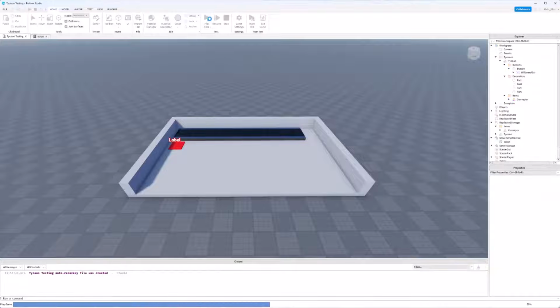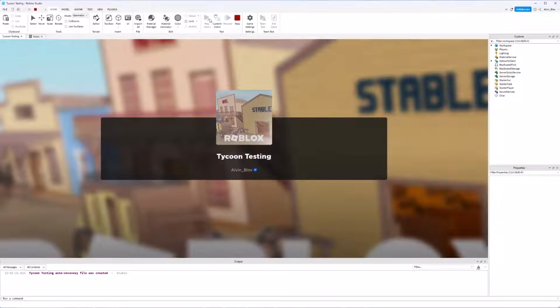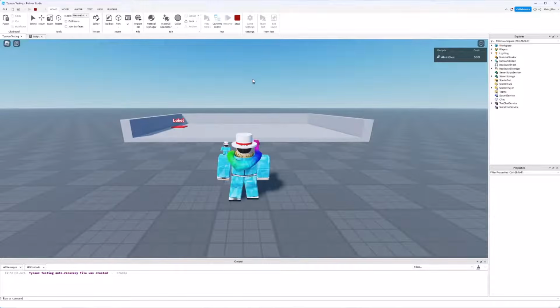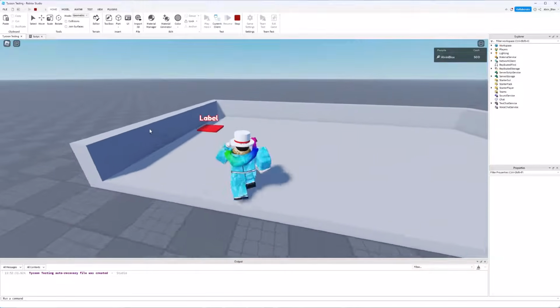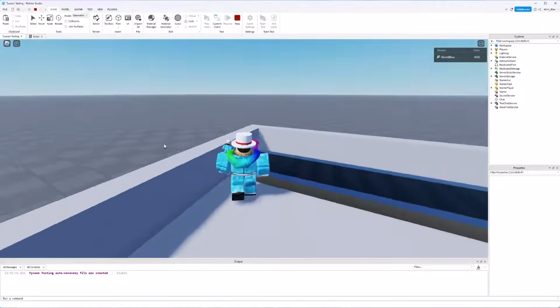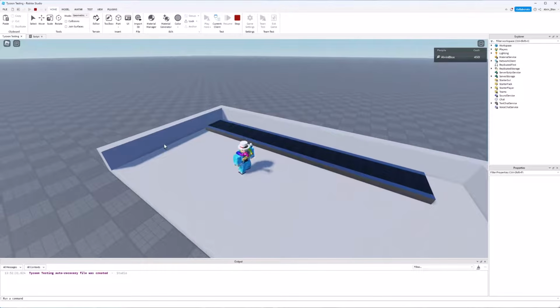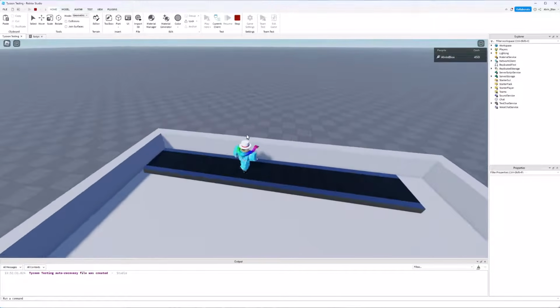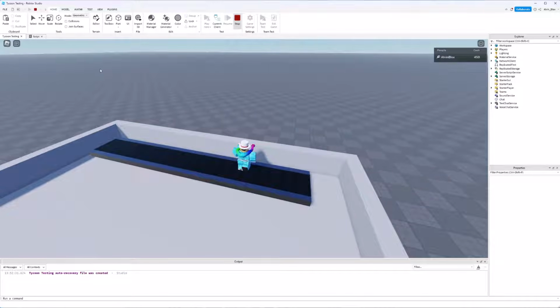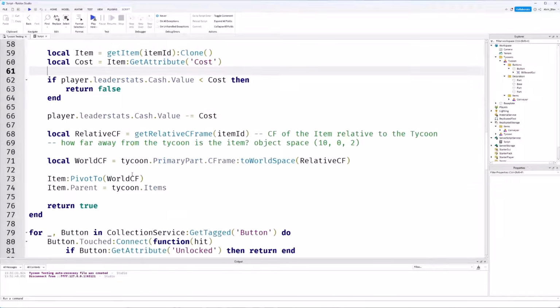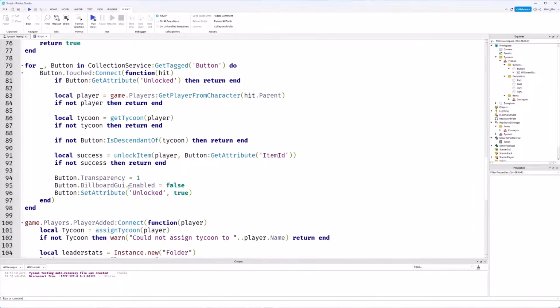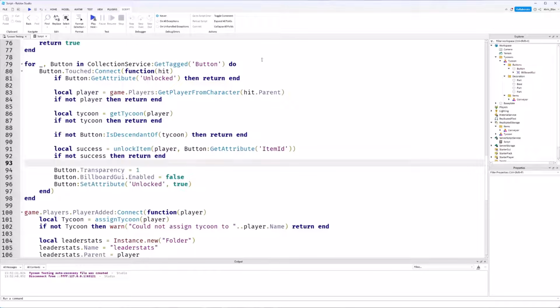So I'm keeping these errors and warnings in. I'm not skipping them over in the tutorial because you're obviously going to have some as well, and it can be helpful to watch me debug them rather than me hiding them. But there we go. I step on the button and it's generated my conveyor for me. So there we go. I think the last thing we're going to do here is just take our button, and